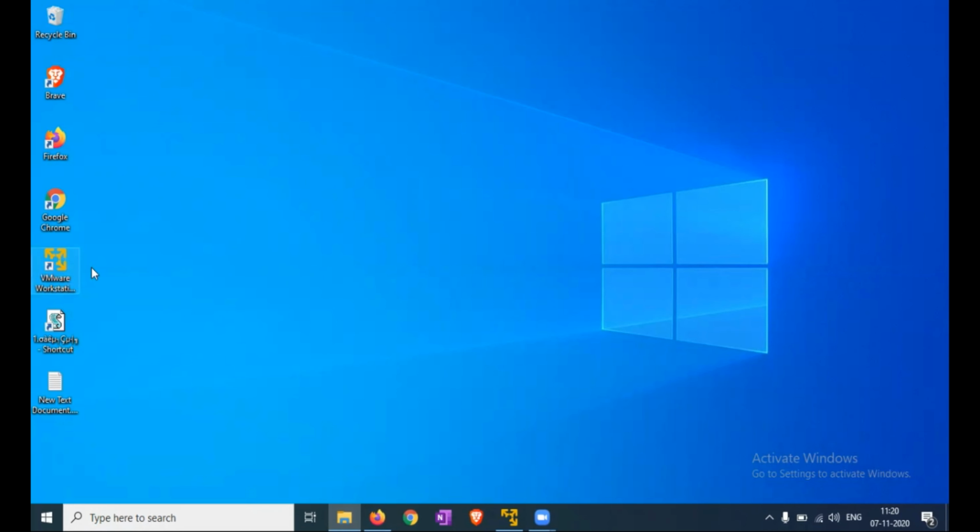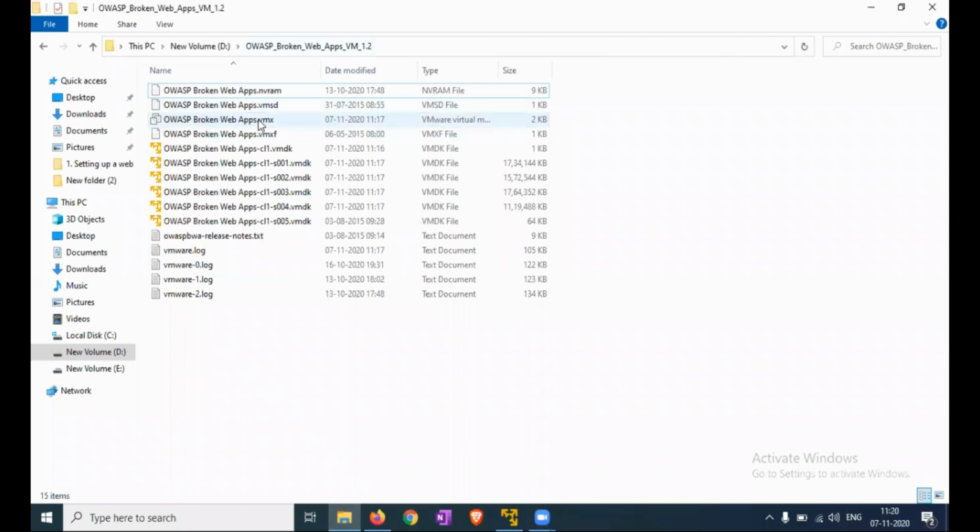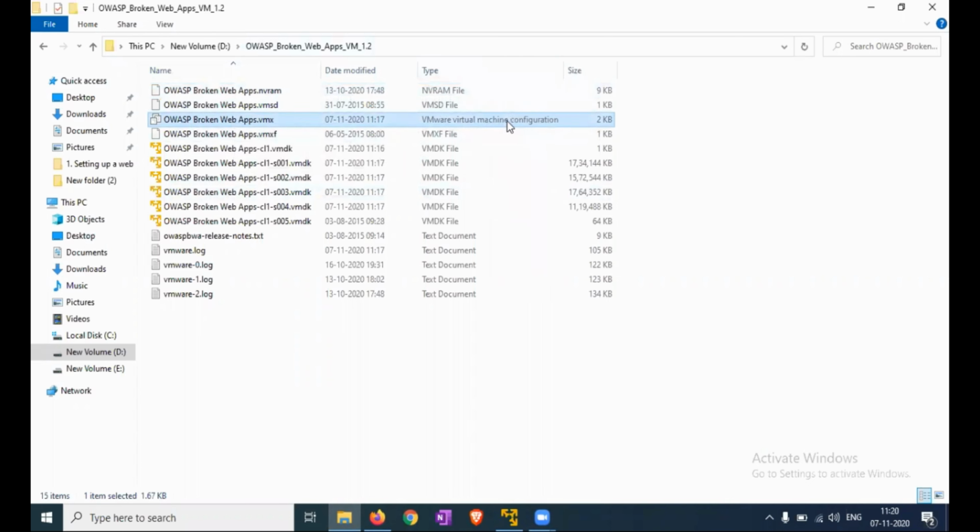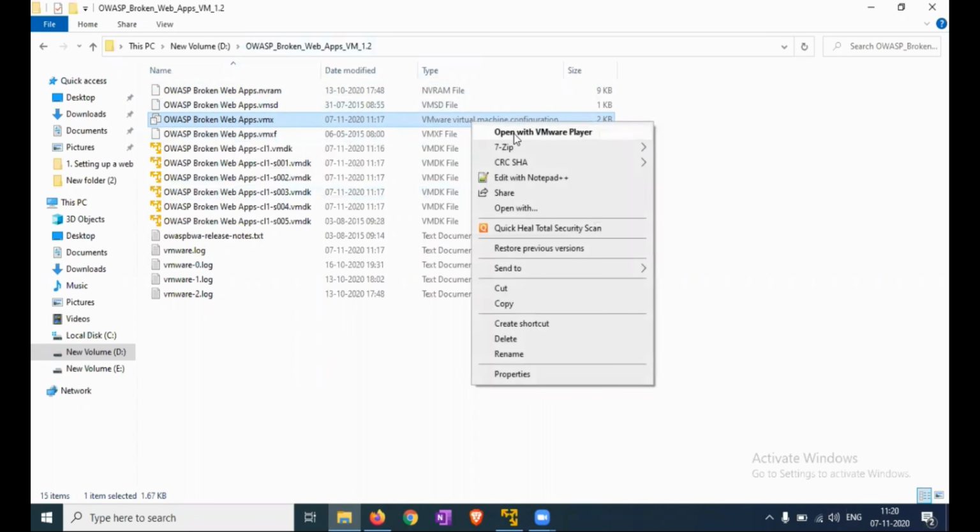I have already installed VMware Workstation and already downloaded the OWASP Broken Web Apps. After extracting it, you can find the VMware virtual machine configuration. After that, just open it with VMware Player.